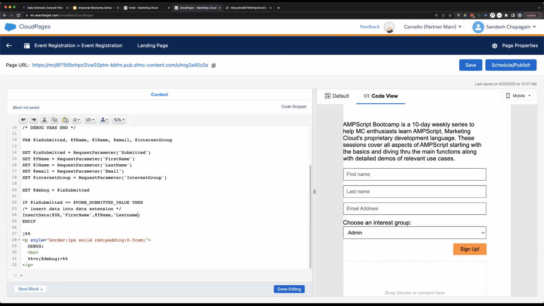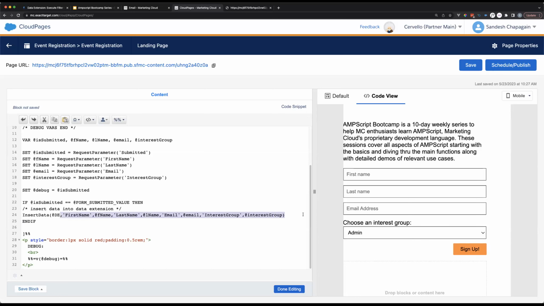The second one is last name, and the value there is also going to be what you extracted. Email, same deal. And then there is interest group, which is also interest group. Okay.